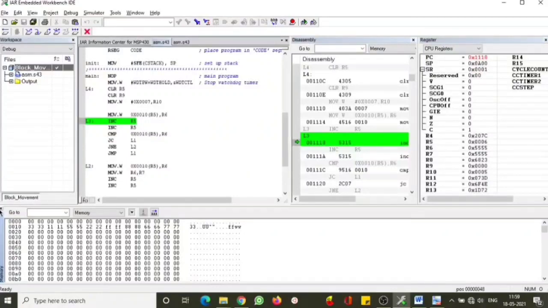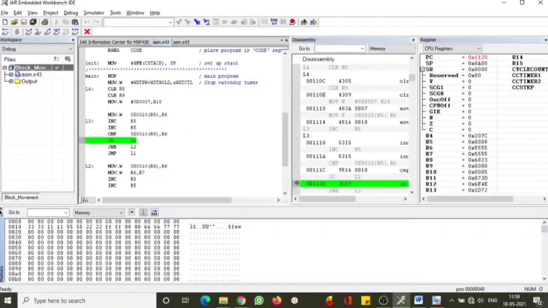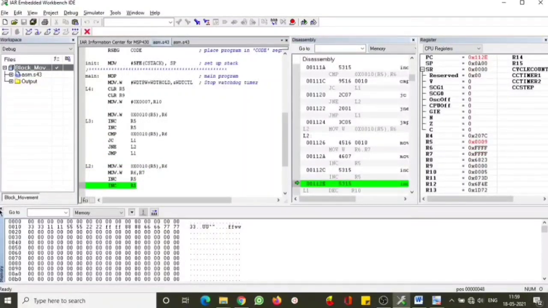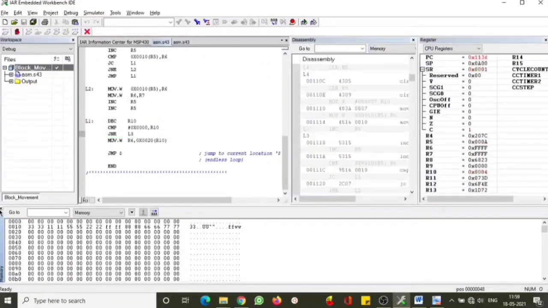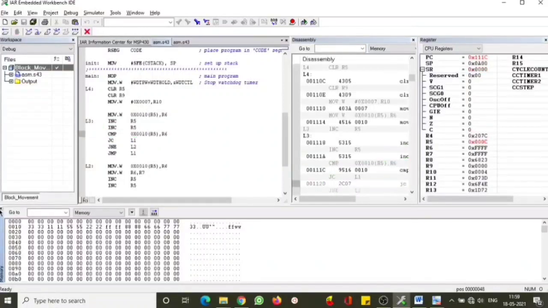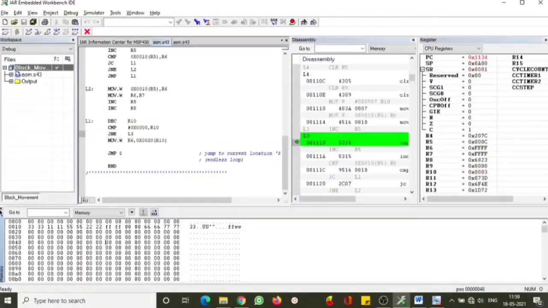Again it will come down and check 2222, and observe that 2222 is still lower, therefore 5555 will remain as it is. Then it will take the next value, that is FFFF, and compare; it is the maximum, therefore it is moving FFFF into R7, and it is again checking with 8888, but FFFF is still the maximum, therefore it will not move.